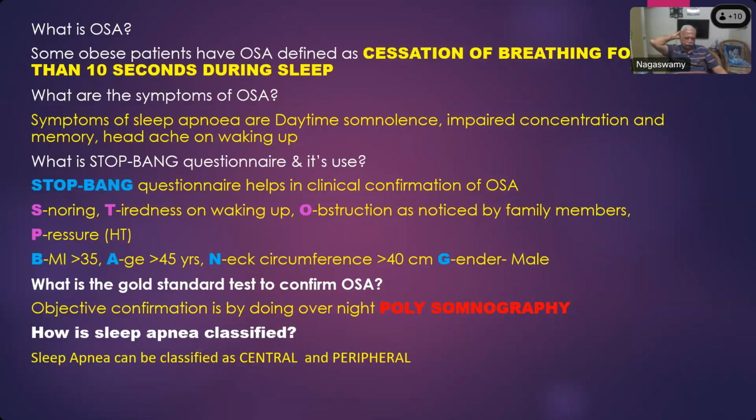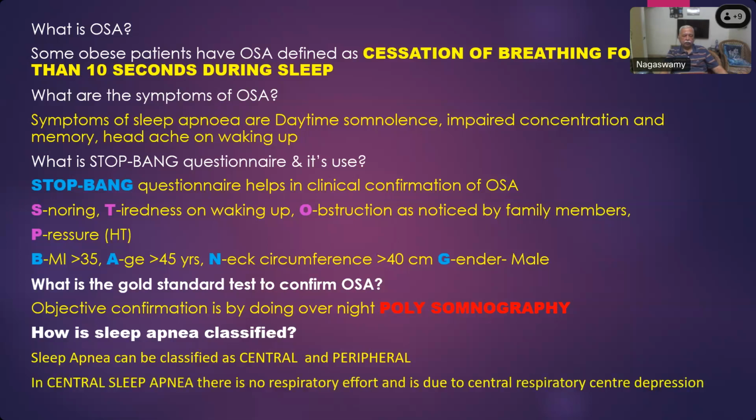Even a stroke patient can develop sleep apnea, even if they are non-obese. A patient who has suffered a stroke, because of the involvement of the respiratory centers at the higher level, can also go in for this periodic cessation of breathing. Or patients who are overdosed with opioids can also go for cessation of breathing periodically. All these are caused as central sleep apnea, whereas the obesity-induced sleep apnea, which happens at the upper airway level, is called peripheral sleep apnea.